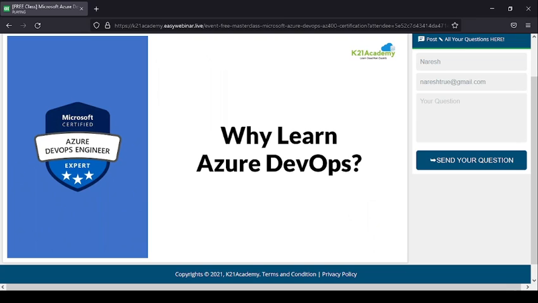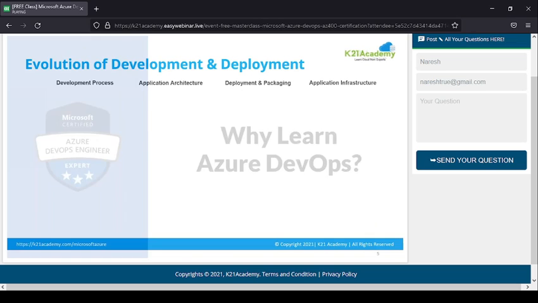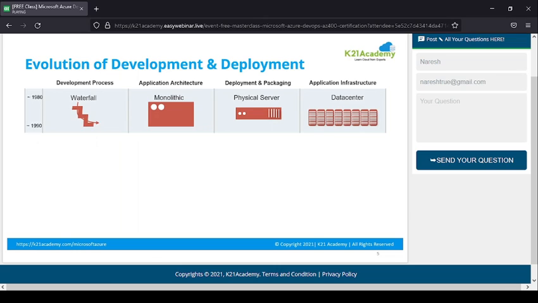Now let's first begin with why learn Azure DevOps, or DevOps, why, and then why on Azure. That's the first thing which people might have questions about. Now, before I go to DevOps, let's see the evolution of development and deployment. Every IT company is developing applications, building them and running them somewhere, and a lot has changed since